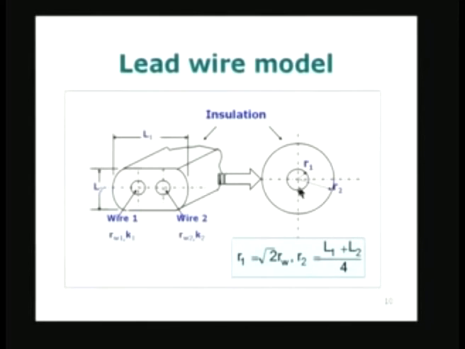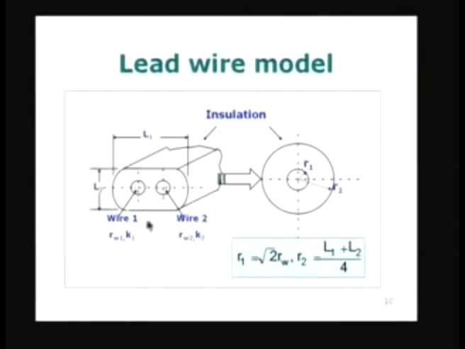So, what is the equivalence? How do we do that one? And the principle is very important, very simple. The area of cross section of the two wires we know, and if they are of the same radius, the area of cross section is pi rW1 squared, or equal to pi rW2 squared. So, the requirement is that the thermal conductivity area product must be the same when you take this arrangement and compare to this arrangement.